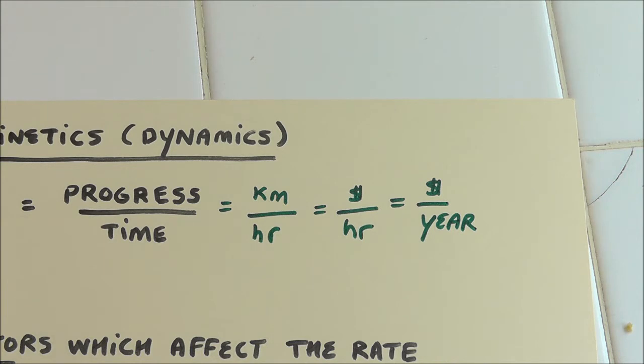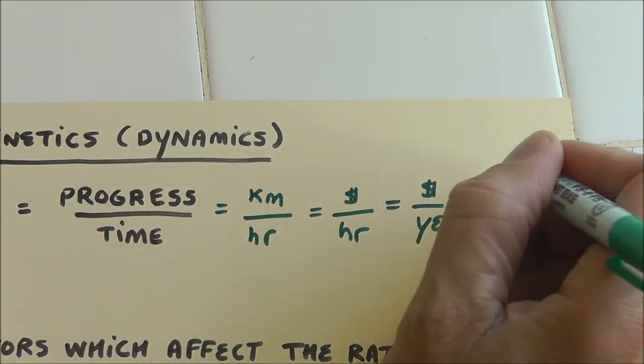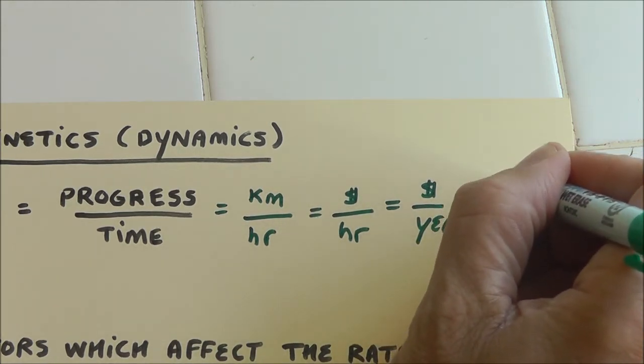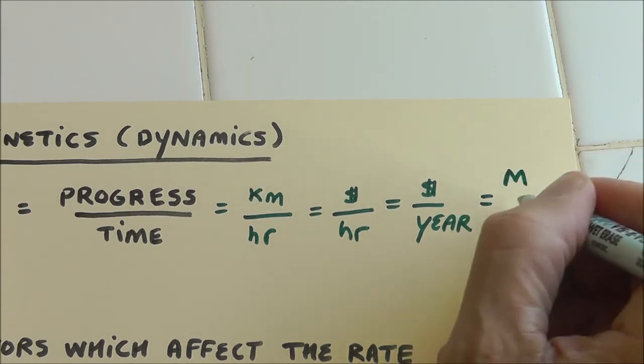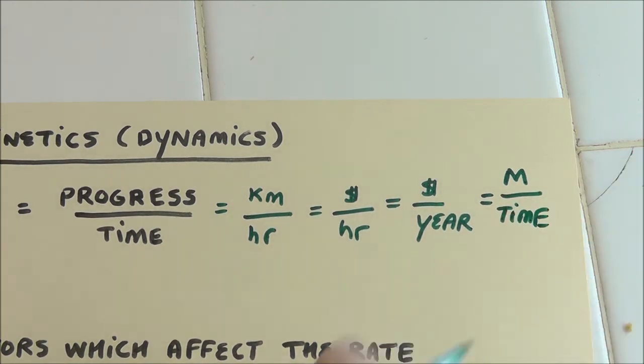Think of how silly it would be if I calculated how many kilometers per second I'm going. We would have no real frame of reference. The numbers would be way too big and clumsy. And so that's a little bit about rate. You will find that in our area, progress is usually in concentration. So big M, moles per liter per time. Moles per liter per second, moles per liter per minute, moles per liter per year, depending on how fast the reaction is, and so on.